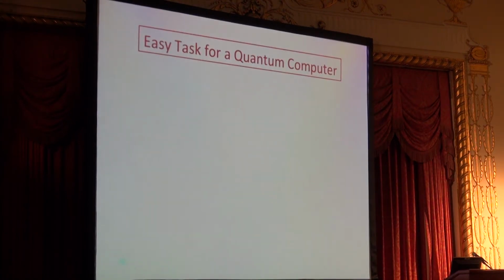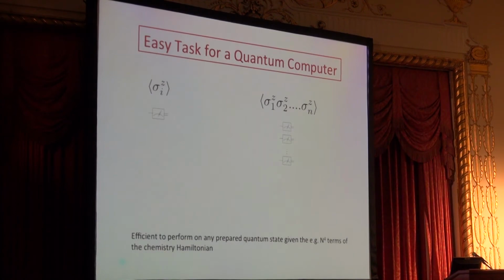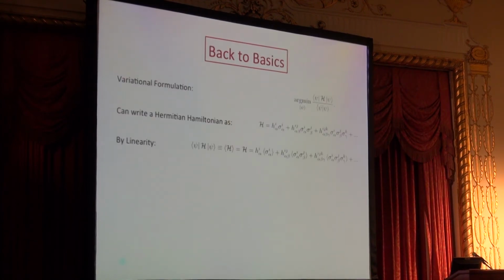And so in other words, a quantum computer can calculate expectation values of single qubit and many qubits very easily. You prepare and measure, prepare and measure, prepare and measure ad nauseum, okay? But I don't want to do in the quantum computer addition, averaging, optimization. I don't want to do all that stuff. All that stuff I do in the classical computer, okay? So in other words, what we do is we say, well, you can write any kind of these many-body Hamiltonians as a function of spin operators. After all, that's what we do. We transform to qubits, and then we look at those qubits and calculate expectation values of them.